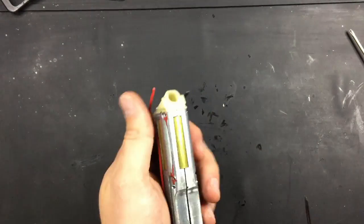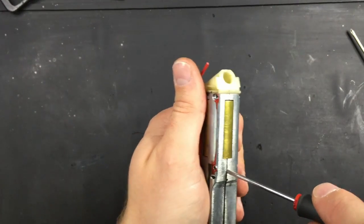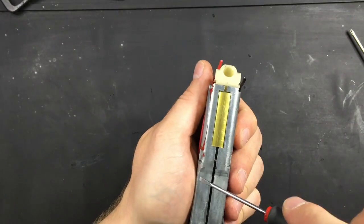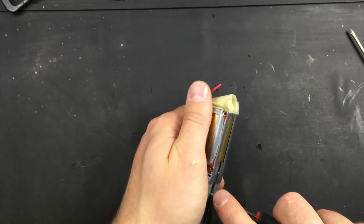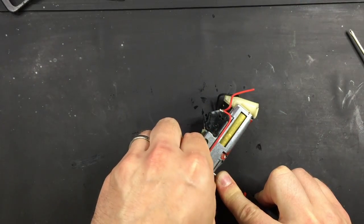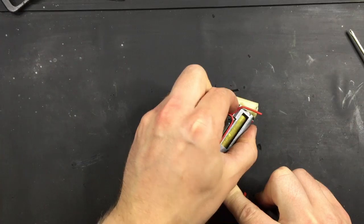And what I'm going to do is, got all the screws out, so we're just going to hold it closed like this, just pry open front and back just a little bit, just enough to get our flat head in here, and that is going to allow us to hold the spring guide down. So then we can ease off